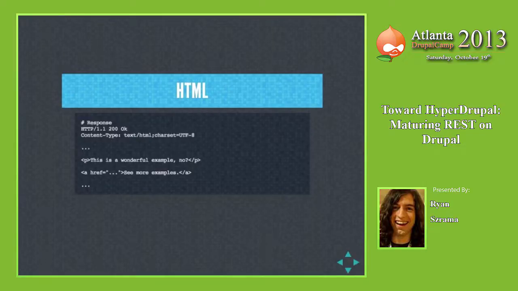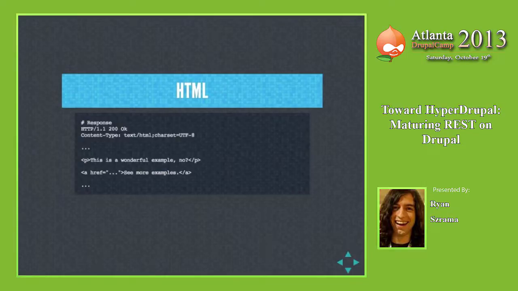You have this HTML here, where I just have a paragraph and then an anchor tag with a link out to some other page. So these are actually controls that my browser knows how to translate into user interface components that I, as the user, the human, can interact with to drive this website around. I can go from the front page of Google to my Gmail inbox, and then I can filter it by messages sent to me by someone, and then click on a link to go read that email.